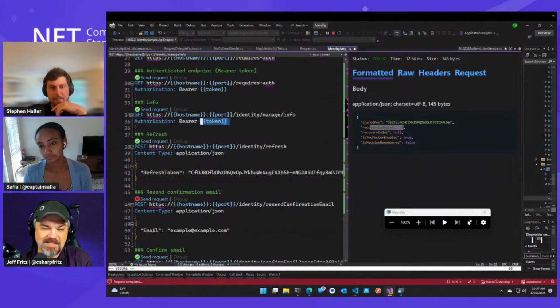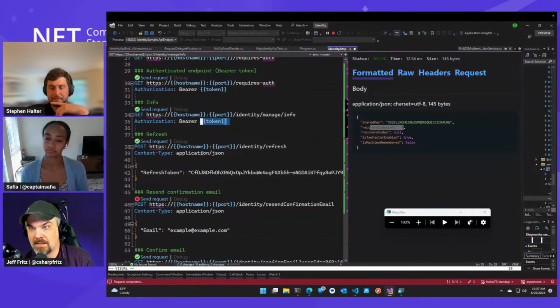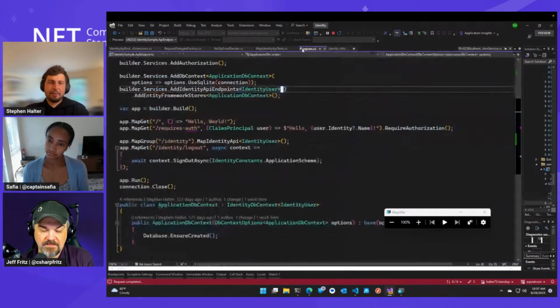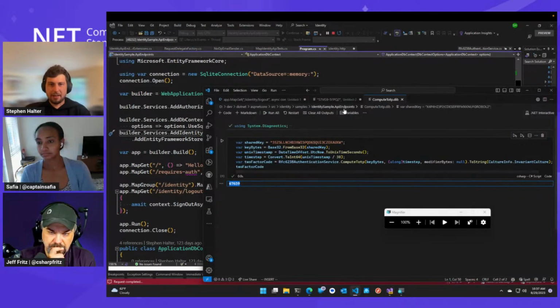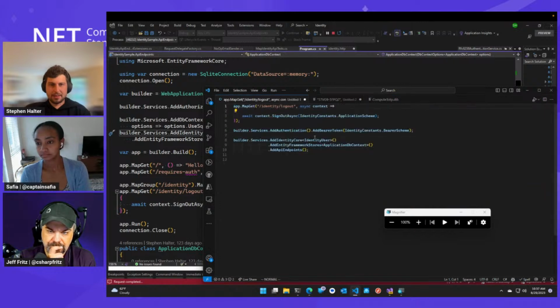Okay, that's not too bad. You can dial back then how long that access token is valid. Correct. In your identity configurations, if you want to reduce that attack vector. Yeah, and to be clear about this, right? So this gets into a little bit of how add identity endpoints works. So by default, I'm calling this add identity endpoints that adds both the cookie and the bearer token authentication.